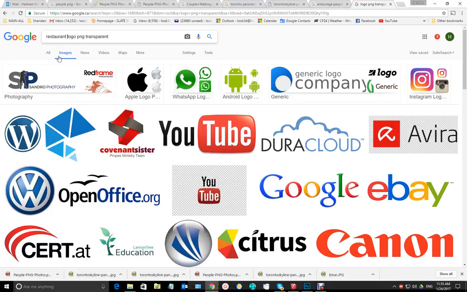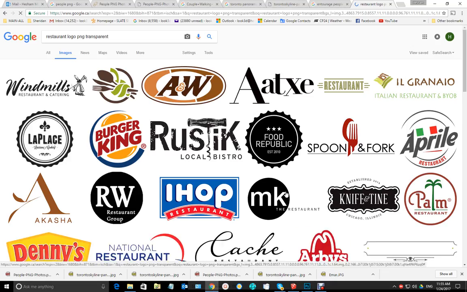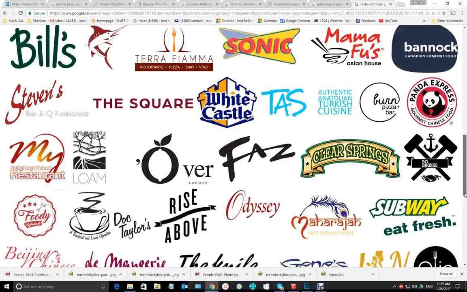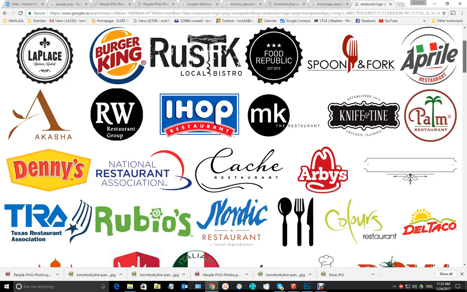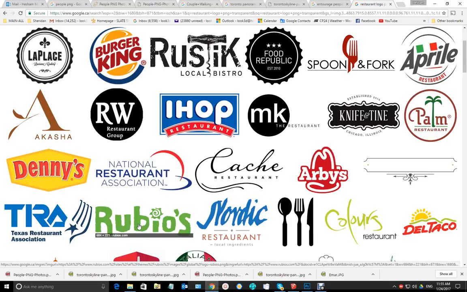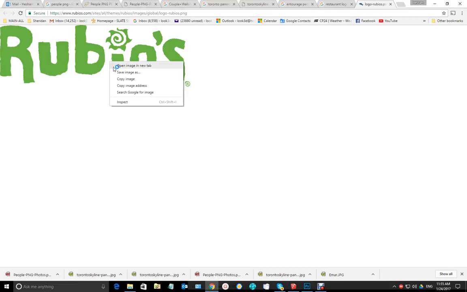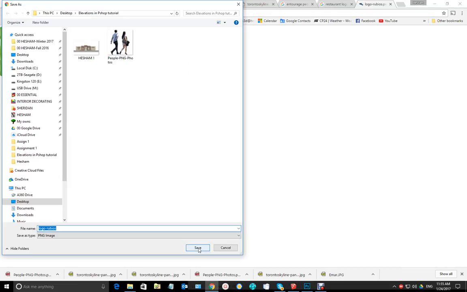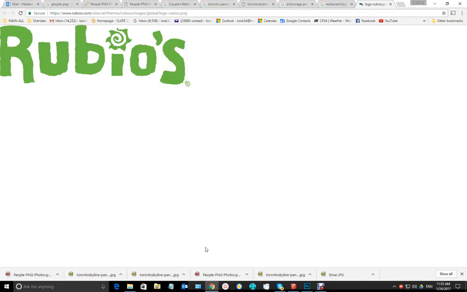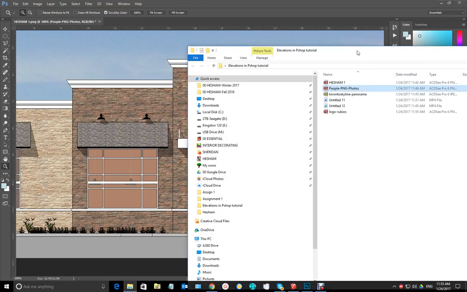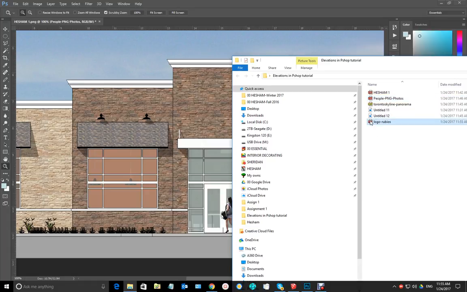Restaurant logo PNG. Okay, let's get this for example. Let's see if it is a PNG file. Okay, save image. Okay, so I'll get this, and I will just drag this here,